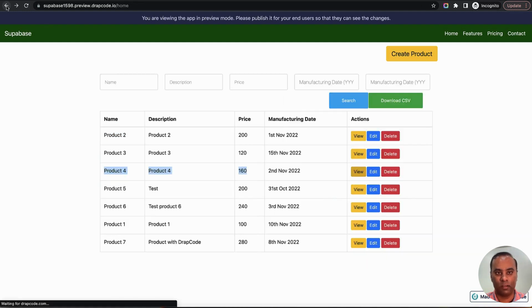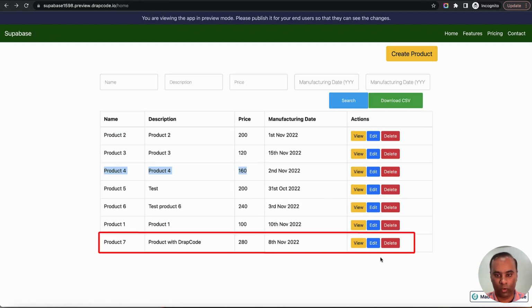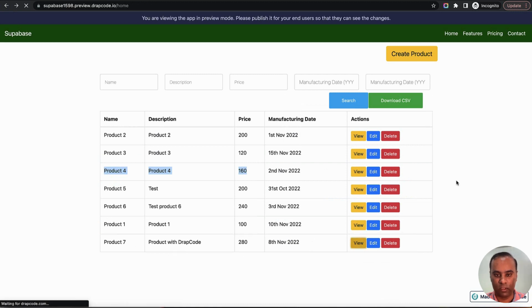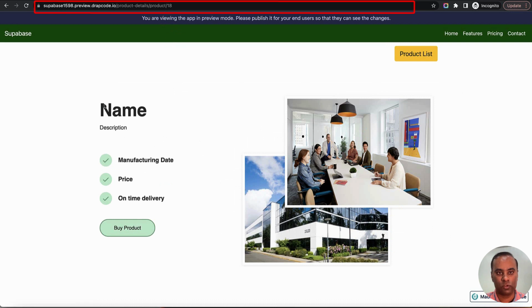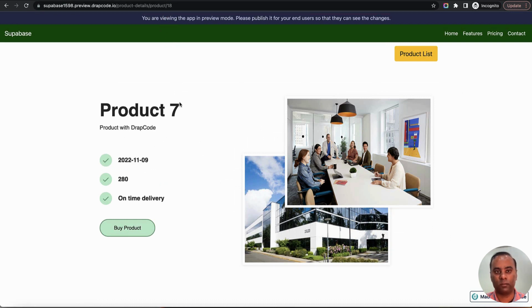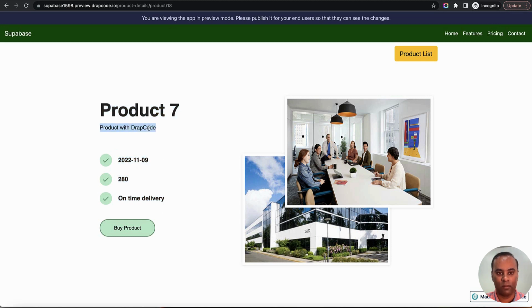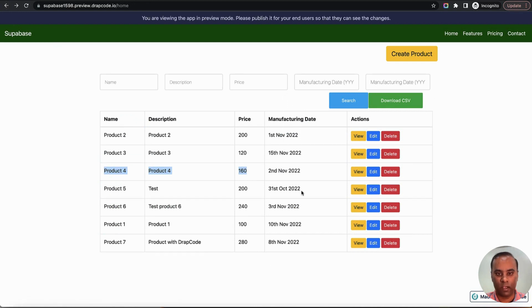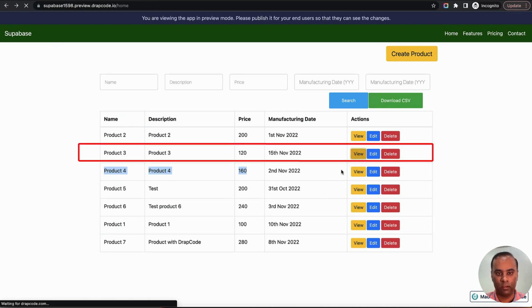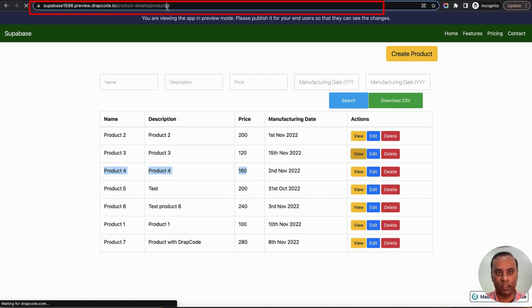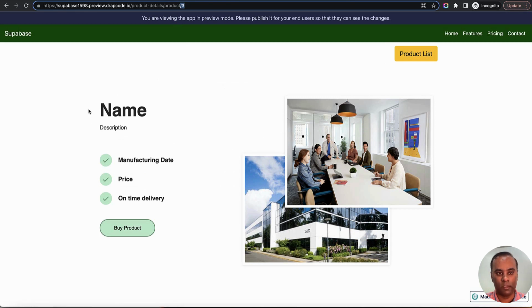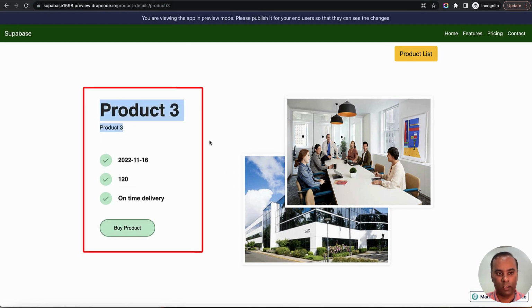Now let's go and see some other product. So let's say product 7. This is the one which we created during the create flow. So the ID is 18. Here it has redirected to product 18 and the details are here, which is product 7. This is the description, manufacturing date and the price. Similarly, if I go to product 3, the ID is 3 and the name is product 3, description, date,